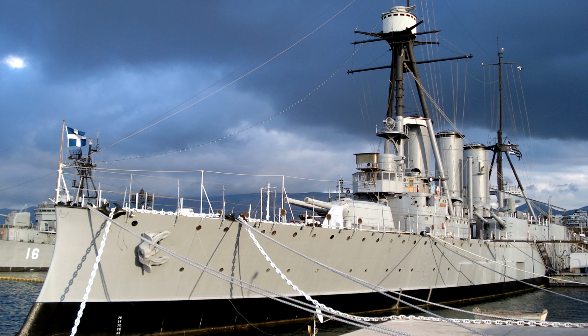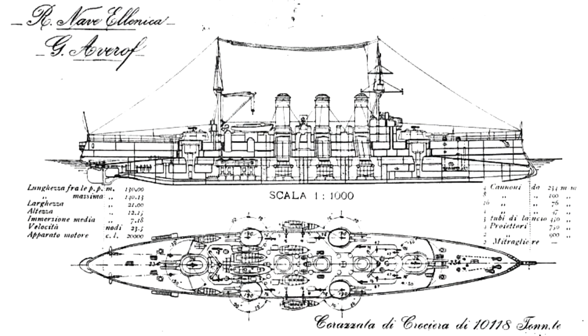Undergoing emergency repairs on the 4th of October, she remained in Bombay for 2 months before sailing again on the 20th of December, this time supporting Allied troop transports destined for Singapore. In January of 1942, the Averof was designated a patrol vessel to provide cover for Allied shipping lanes in the